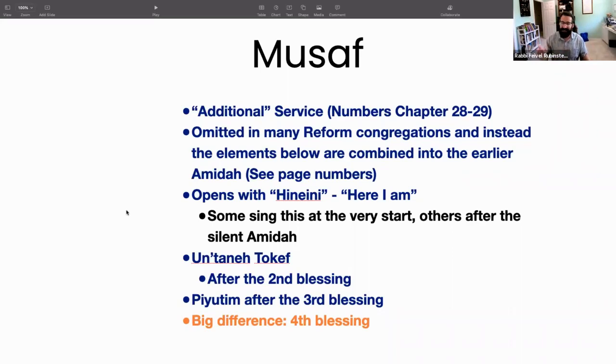But this is the chazan, the service leader, the cantor, their time to say to God, listen, I'm about to ask,